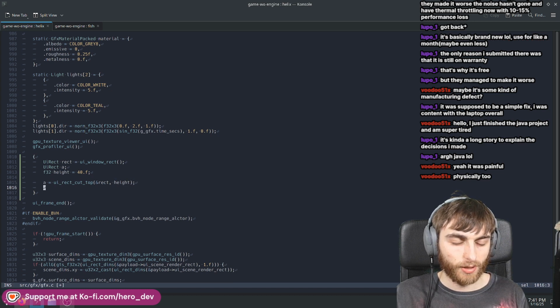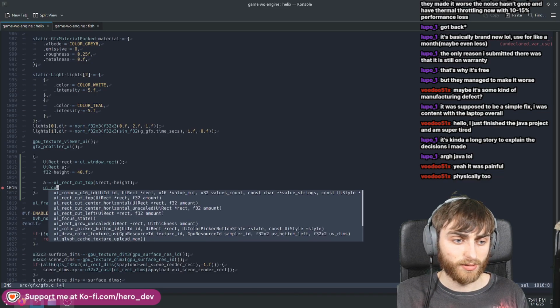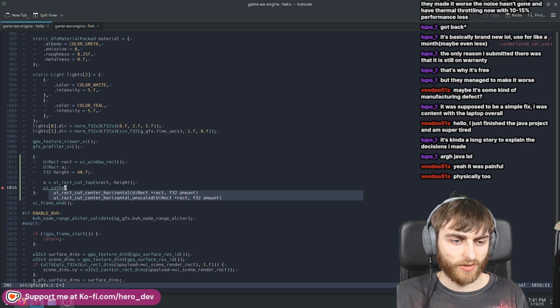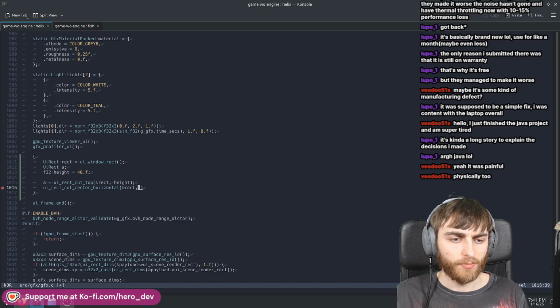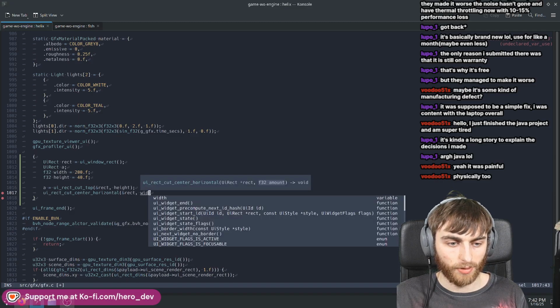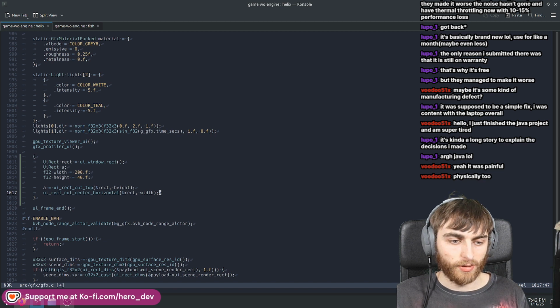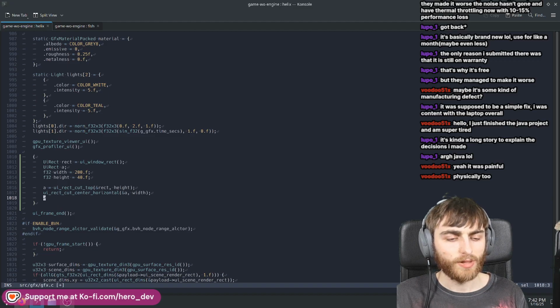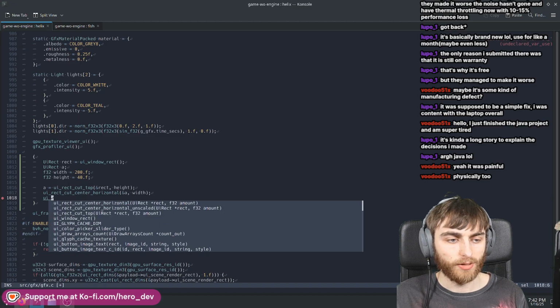Then on the top left hand side, there's going to be a piece of white text when we open up the profiler. So what we should probably do is a UI cut center horizontal and then pass in an amount of say 200 pixels, or times by DPI, but there we go, done. So that's going to center it, so we've got a box which is centered at the top. And then we're going to simply say UI